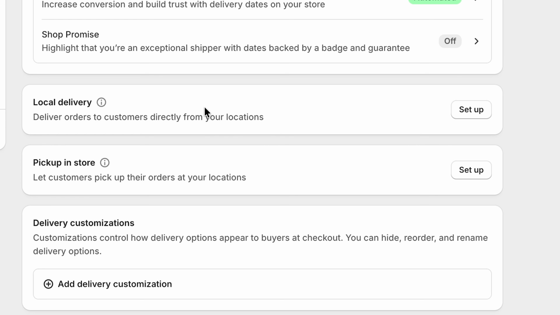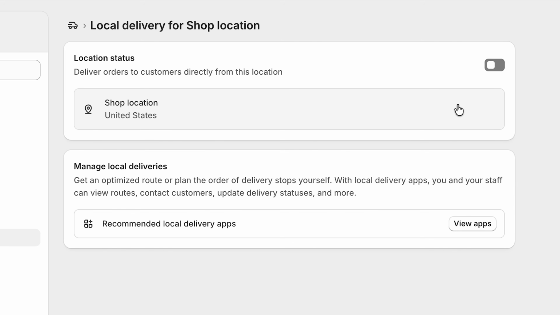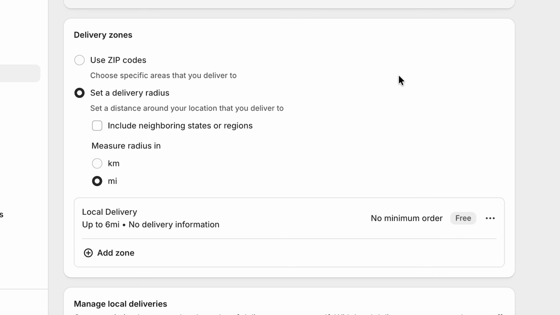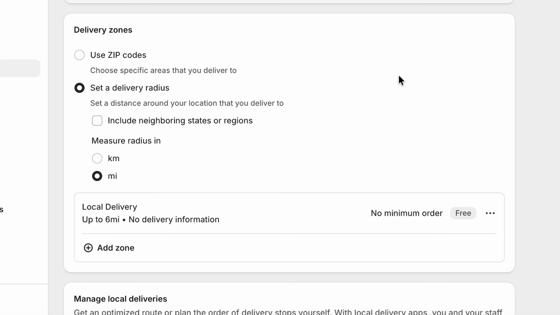Okay, now, local delivery and store pickup options. If you have a physical location or you're serving customers locally, you might want to set up local delivery or store pickup. Totally optional, but very useful. For local delivery, click Setup under the Local Delivery section. Choose the location you'll deliver from, then define your delivery area, either by setting a delivery radius like 100 miles